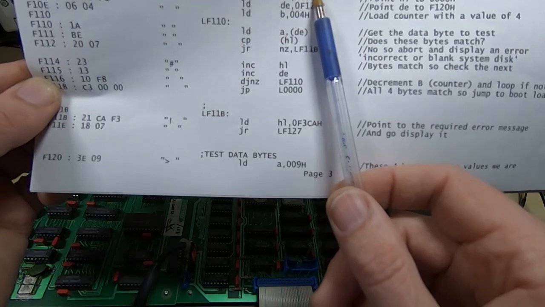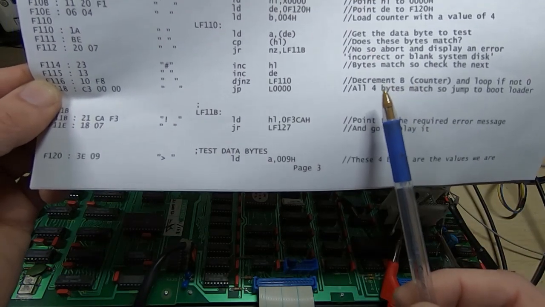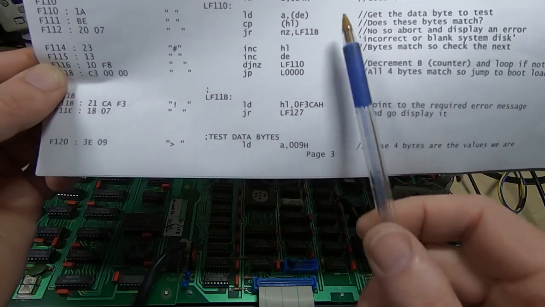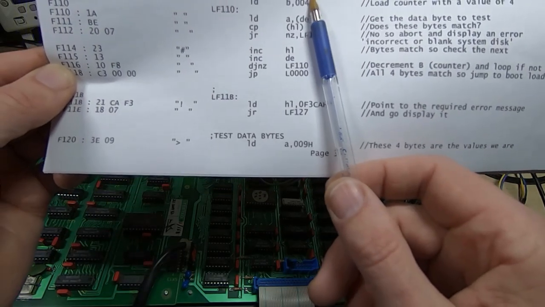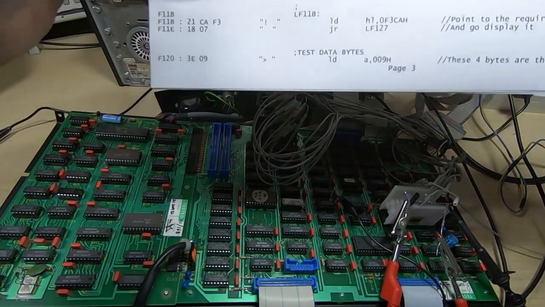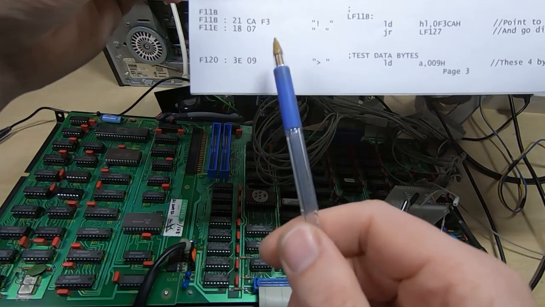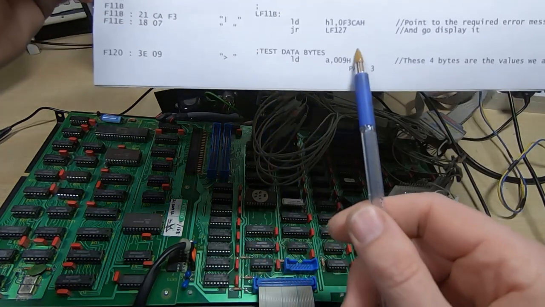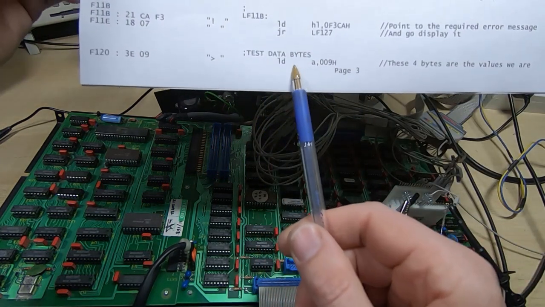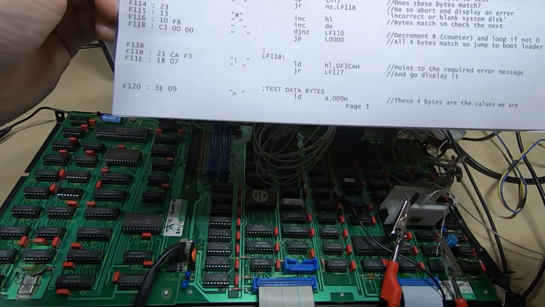HL, remember, is pointing to the first byte that we've copied into the second stage bootloader. Now these values at 0F120H are down here. You can see the first value is 3E, the next value is 09. The disassembler has identified it as code, but it's in fact some data bytes, and there are obviously 2 more on the